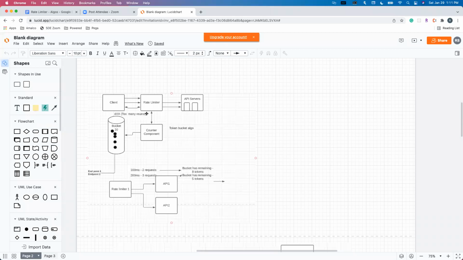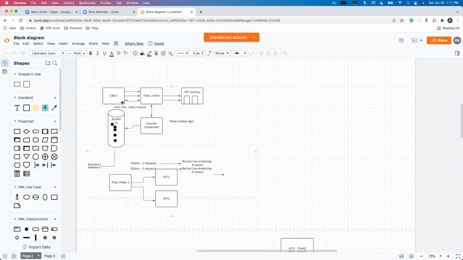There are multiple reasons: denial of service, resource starvation, or the plan. Every API provider has their own plans, like a user can consume only 300 requests per 60 seconds, X number of requests, that kind of scenario. So when the question was asked to me, how can you design the rate limiter,